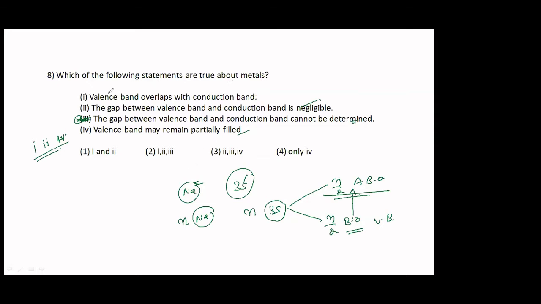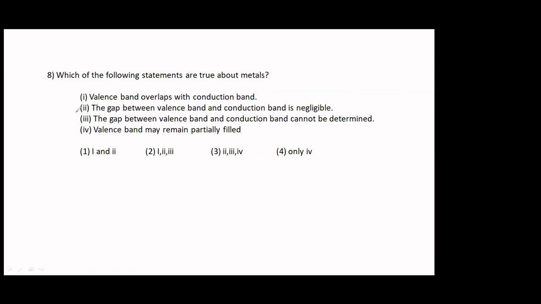First one is wrong. One second. First one is given. It is not going to. This can be determined. Oh, that doesn't overlap with each other. Okay, so 2, 3, and 4 is correct. This is correct. This is correct. This one is also correct. By determining the conductivity, this also can be determined. Valence band doesn't overlap with the conduction band. So 2, 3, and 4. That is correct. This is the correct option.